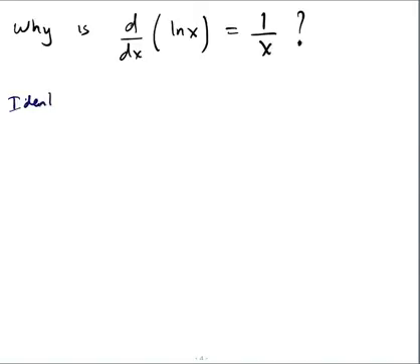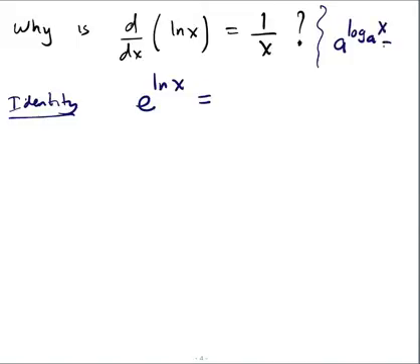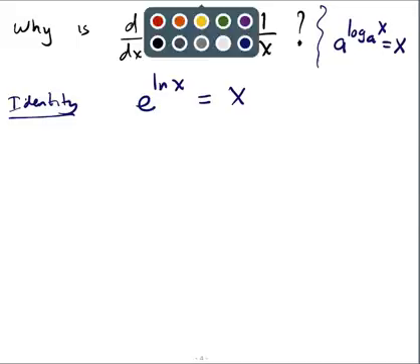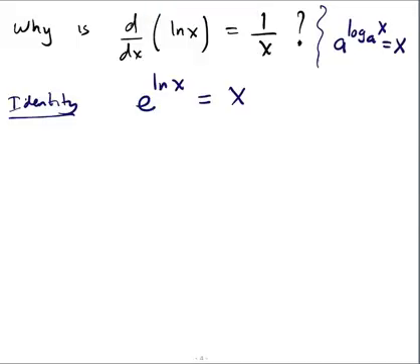So check this out. Okay, so we have the following identity: e to the ln of x. What is this? So this is from algebra. You guys remember this? E to the ln of x is? A to the log base a of x is? X. Okay, good. So what's e to the ln of x? X. Good. So you guys agree with that? You learned it in algebra, but you forgot it. Which is okay. Now, if I get the derivative of both sides here,